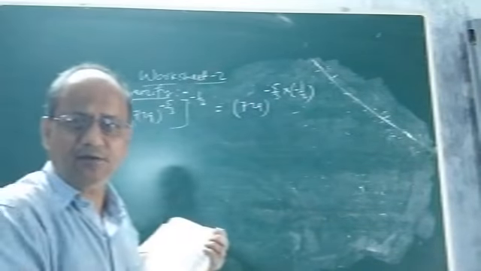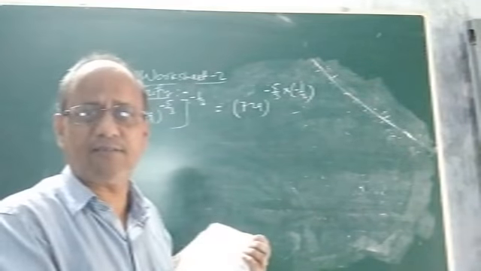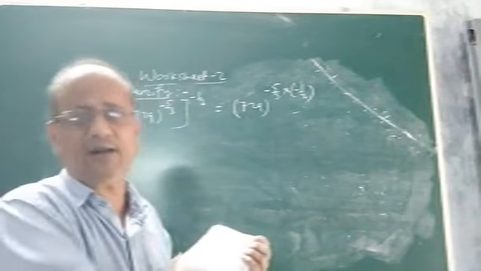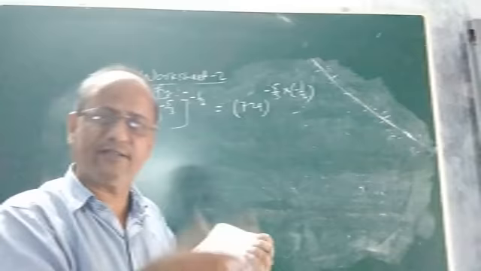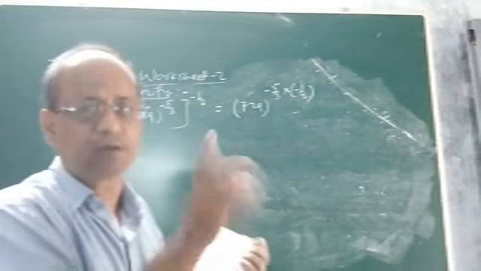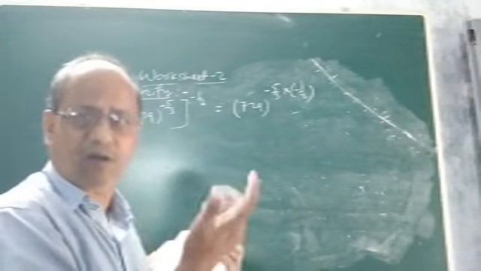Now, to verify it, what do we have to do? We have to ensure that the value of LHS and RHS is the same. That means we have to break the left hand side and again break the right hand side. If the same value is obtained for both sides, then we say that it is verified. So let us simplify each side and find out whether the same value is coming or not.